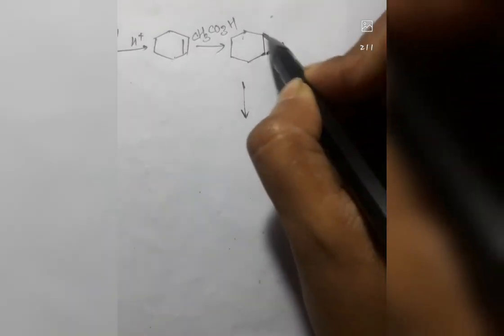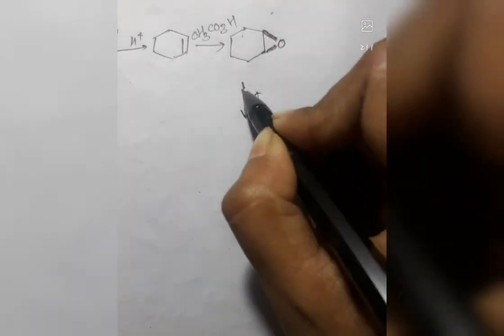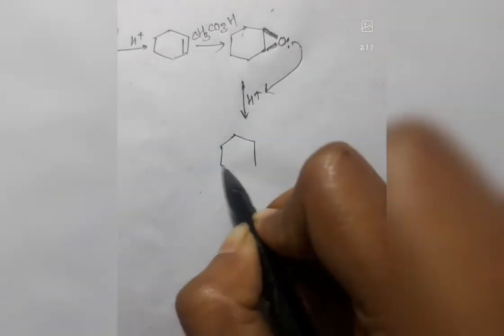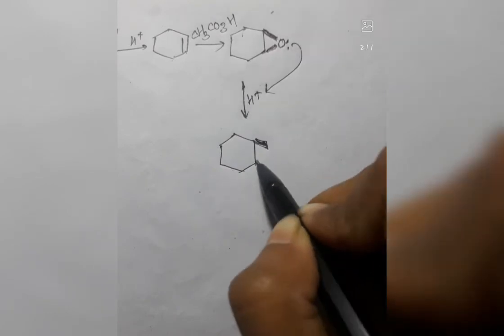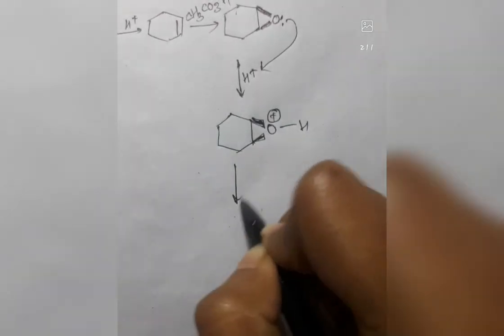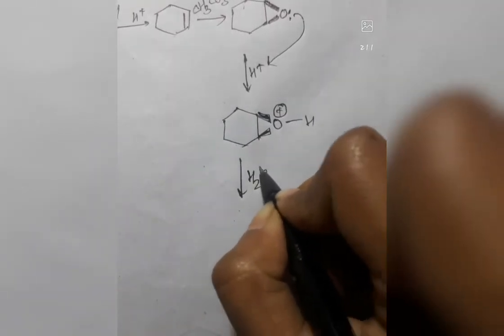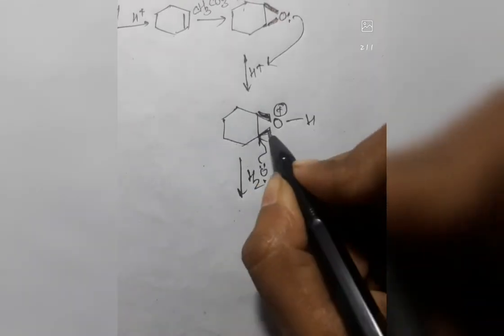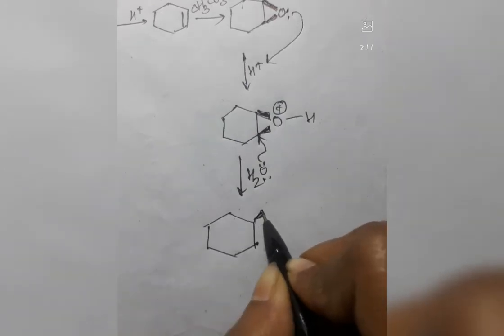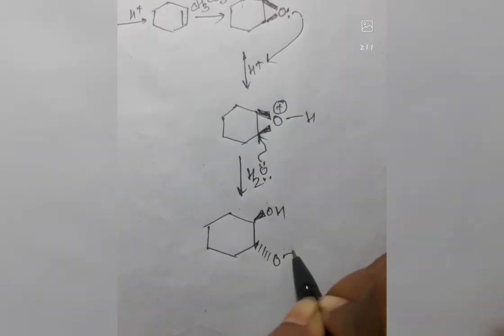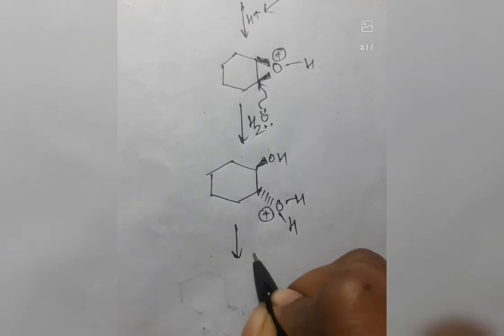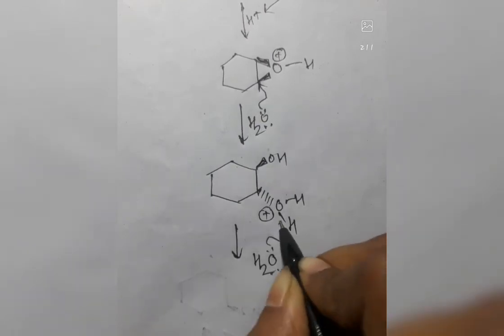Now what happens, ring opening of this epoxide gives us the trans-1,2-diol, and usually ring opening of an epoxide takes place in aqueous acidic medium. So this oxygen takes up the aqueous acidic proton, and gives us something like this. Here the oxygen attains a positive charge, and in the next step there is attack by a nucleophile with inversion of stereochemistry at the point of attack. If your oxygen was above the plane, then your nucleophile attacks from below the plane. Now what happens is deprotonation gives us our desired trans-1,2-diol.